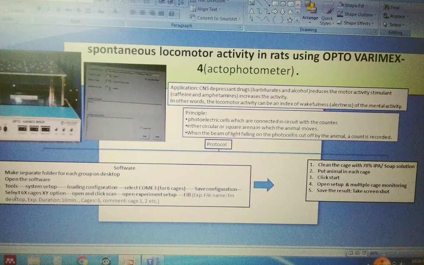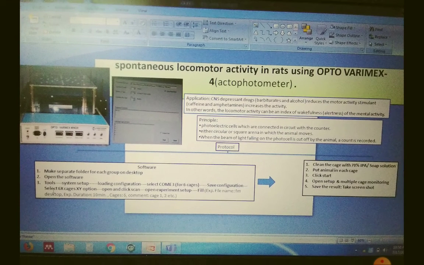So the application of spontaneous locomotor activity is to assess CNS depressant drugs like barbiturates and alcohol, which reduce the motor activity, and CNS stimulant drugs like caffeine and amphetamine, which increase the CNS activity.